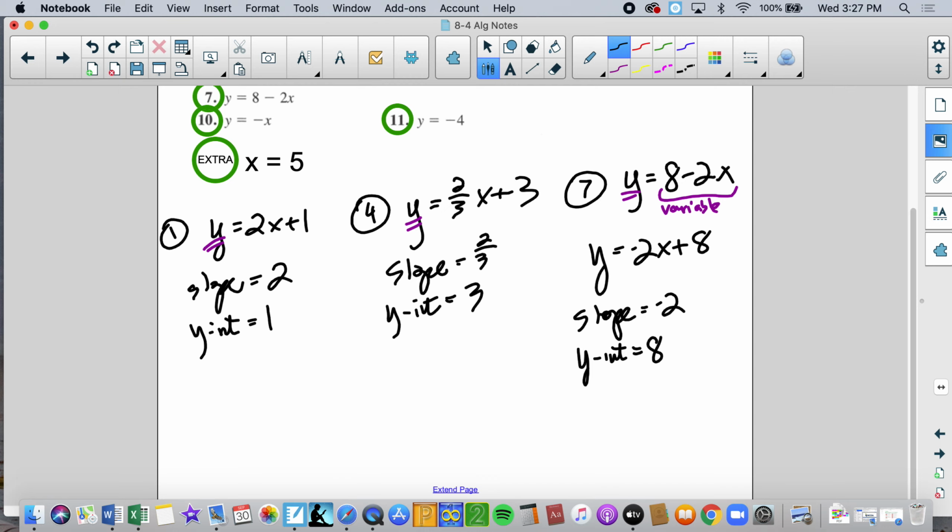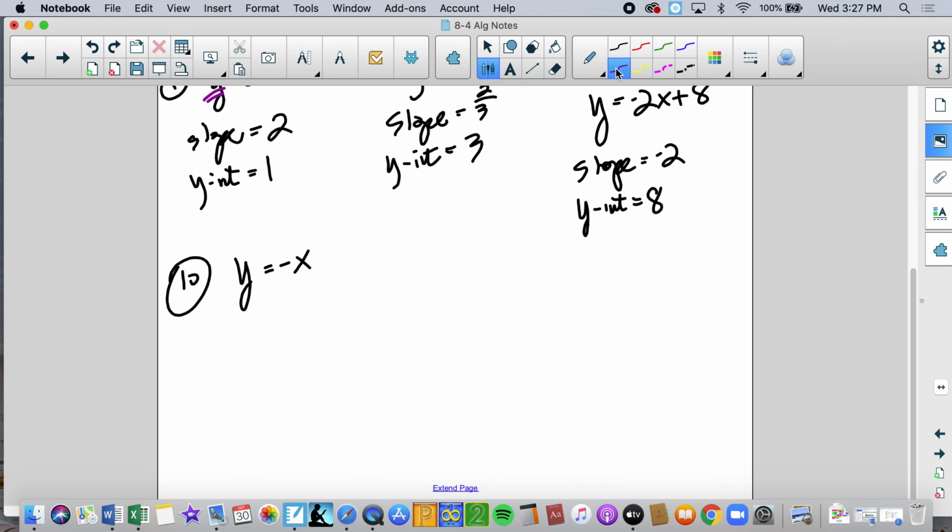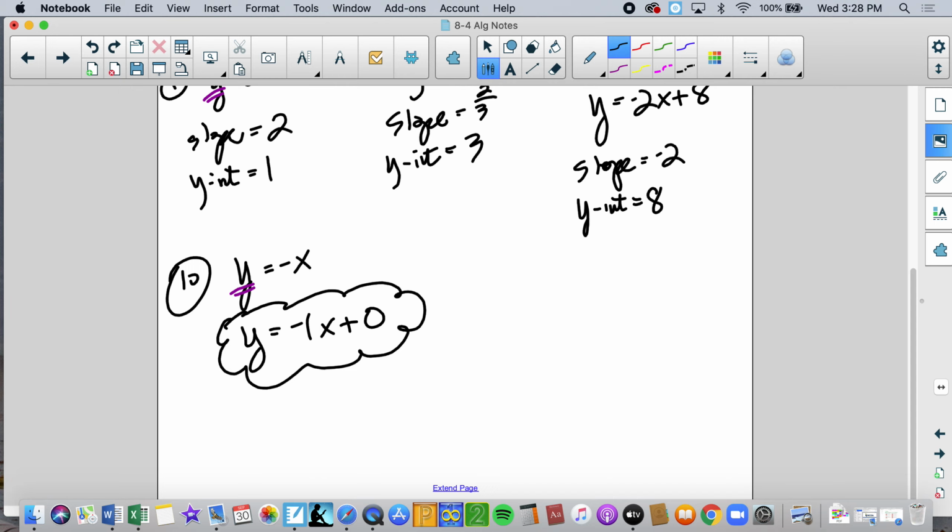Let's look at number 10. Number 10 is a little tricky. y equals negative x. Is it in slope-intercept form? Is y isolated? Yes. So now we look at the coefficient of x. What's the number in front of x? Well, we need to understand that this really could look like this. That helps us find what the slope is. The slope is the coefficient of x, which is -1, and then my y-intercept is 0. That's a tricky one